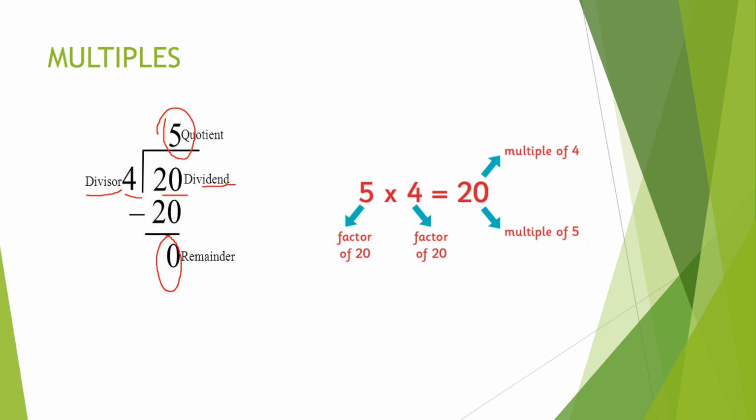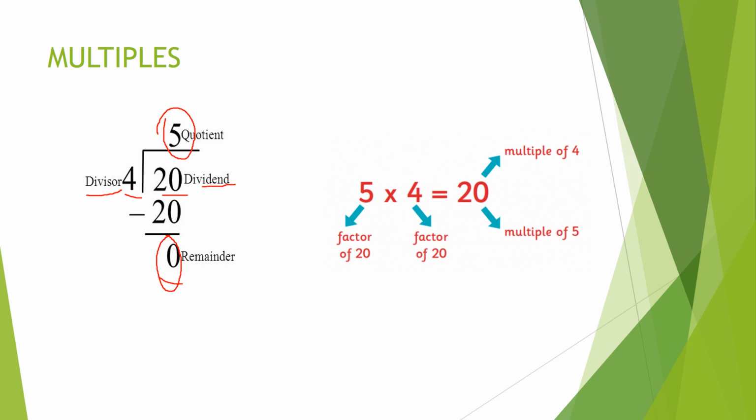So this shows that 20 is completely divisible by 4. When I say completely divisible by 4, it means we get 0 as the remainder. So in such cases where we get 0 as the remainder, we say that 20 is a multiple of 4 as well as a multiple of 5. I repeat, when we divide one number by another number and we get the remainder as 0, we say that 20 is a multiple of 5 as well as 4.